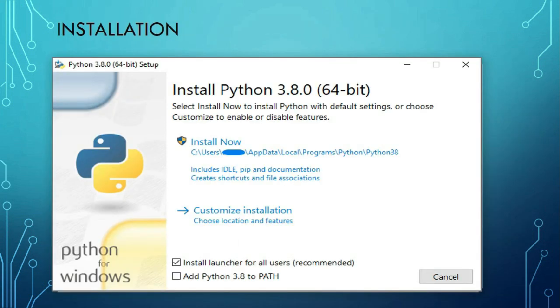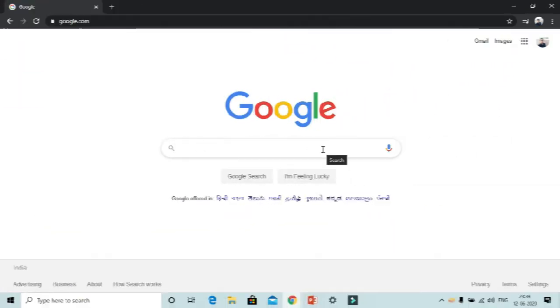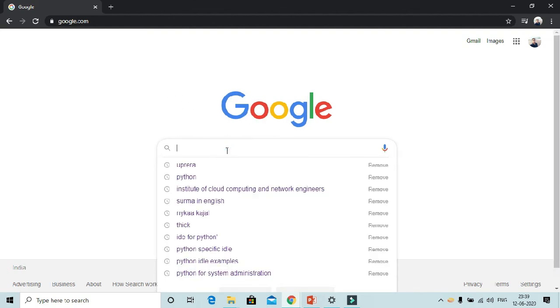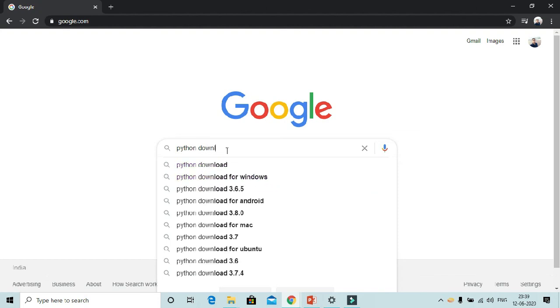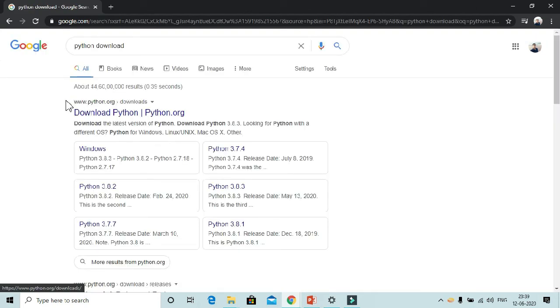And our next topic is installation, so we will go through that. Okay, and let's begin with installation of Python. For installation, you have to open your browser. I am using Google Chrome, and you can use any browser which you have on your laptop or PC. So you simply have to open Google and type Python download. After entering, you will get a website named www.python.org, and you just have to click on the download Python button.